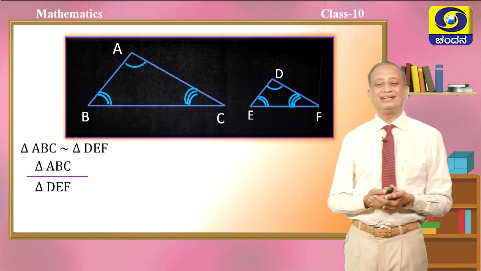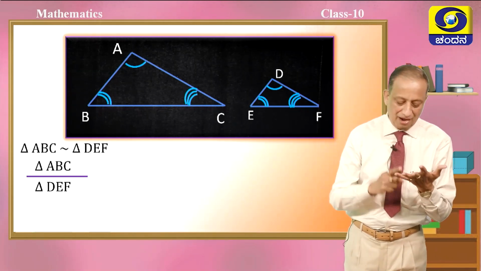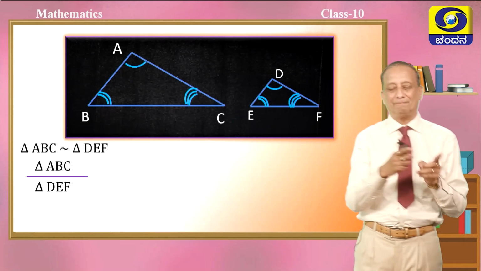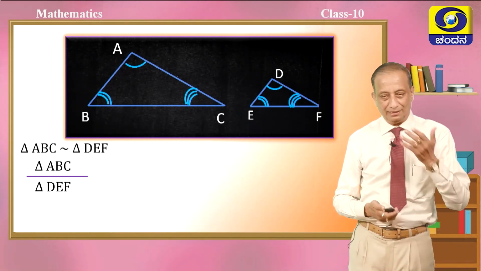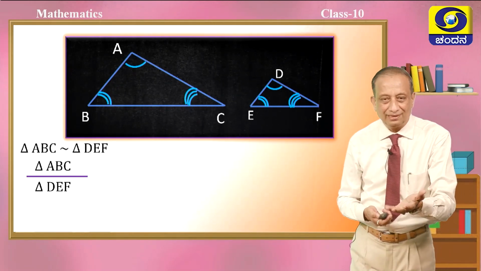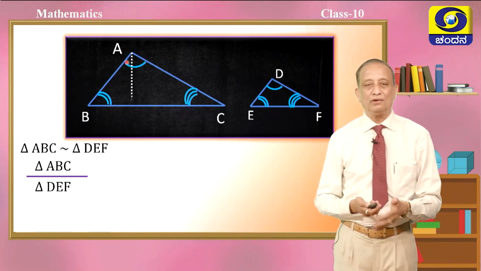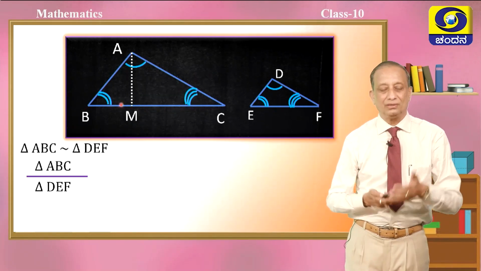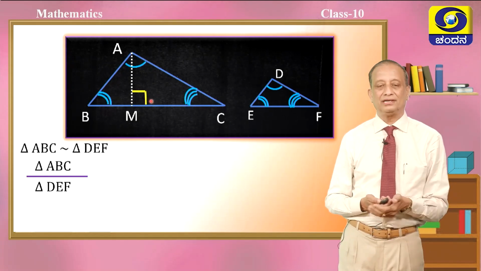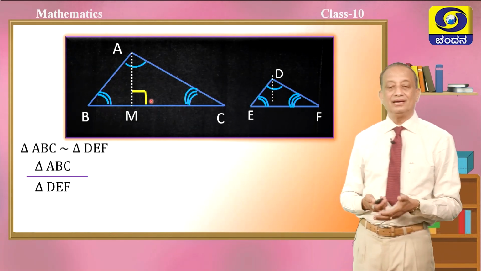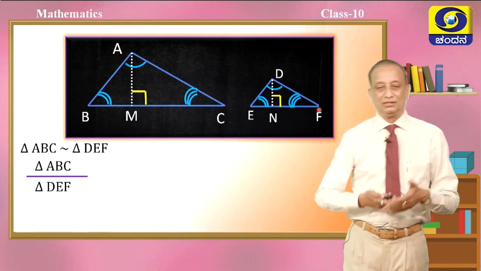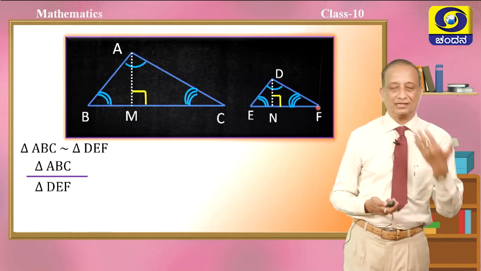If you want to calculate the area, you know the area of a triangle is half into base into height. So, we will make BC and EF the bases for these 2 triangles. When BC is made the base, do you know the height? Yes, height is nothing but the length of the perpendicular drawn from the vertex to its opposite side. So, let AM be perpendicular to BC, you know the symbol for 90 degrees, please put it at the vertex M. Similarly, let DN be perpendicular to EF, children. So, we have the bases, we have the corresponding altitudes.